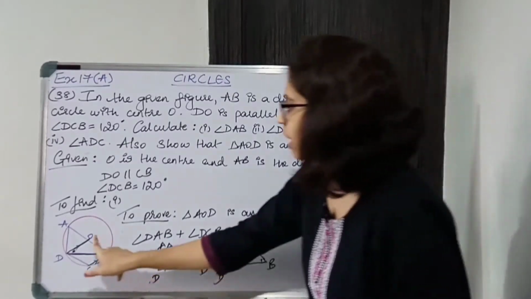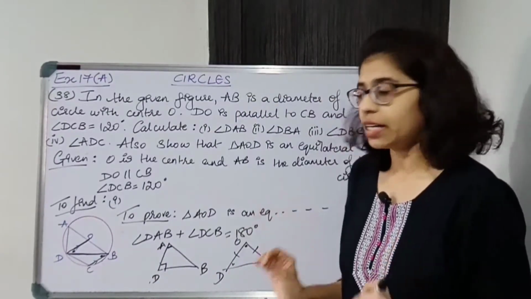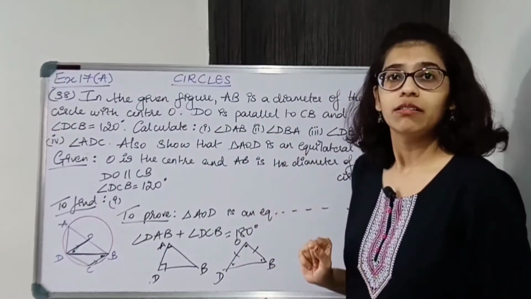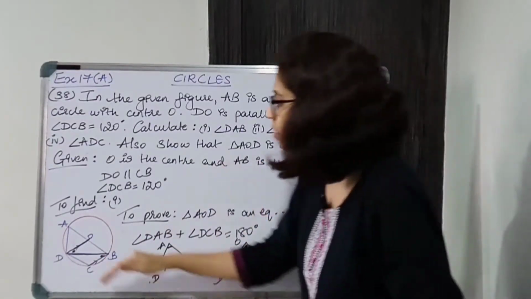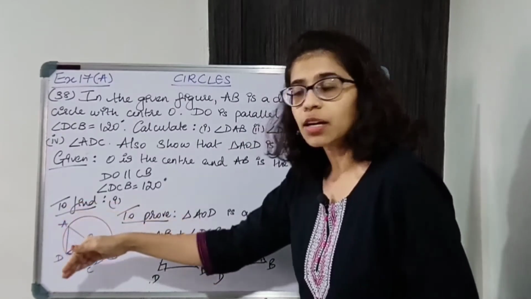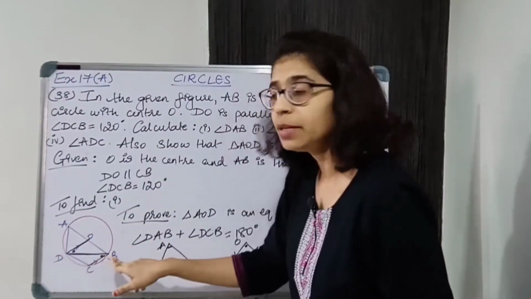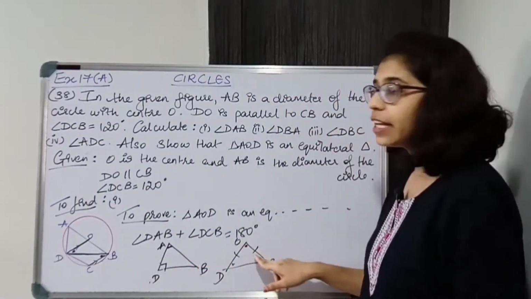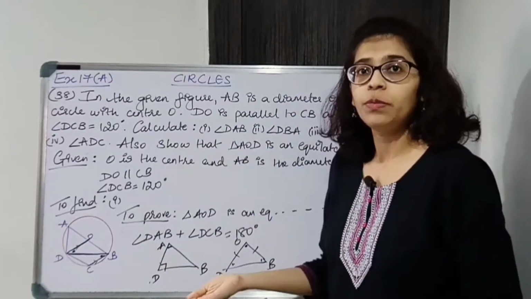Okay, I can easily find ODB and OBD over here. But how will I find DOB? So students, I'll repeat. To find DBC, I use the property of alternate angles. For the alternate angle, I have to find ODB. For ODB, I need to find this angle DOB of the triangle. How will I find DOB?